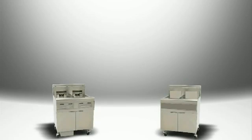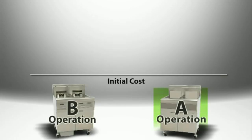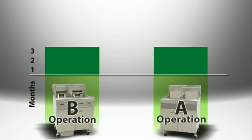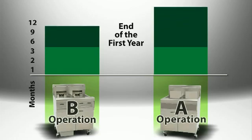Consider these two French fry operations. Both produce the same amount of food per day. While Operation A started with less cost through the purchase of a less expensive standard fryer with a 50-pound fry pot, Operation B paid more for a fully featured oil and energy-conserving fryer. But look what happens in just a few months. The total cost to fry equalizes between the two operations. The trend continues, so that by the end of the first year, it has actually cost Operation A more and